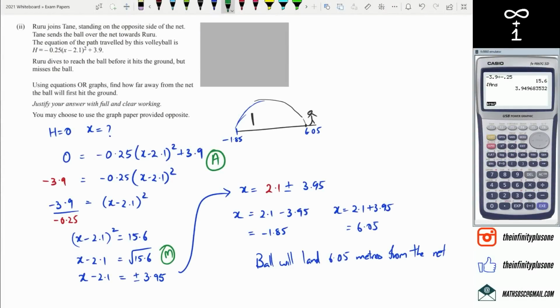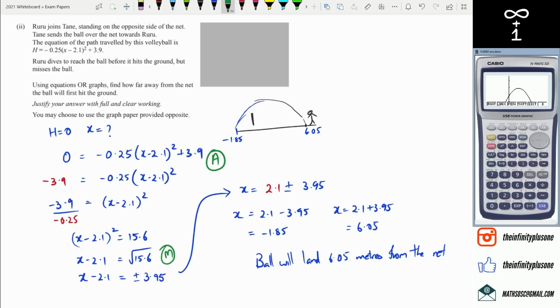Okay, so let's have a look at this, and I'm going to show you guys how to do this on the graphics calculator. So what we can do is go into graph mode, and we're going to put this graph in here. So we're going to get negative 0.25 bracket x minus 2.1 squared plus 3.9. So this is my graph right now, and I'm going to draw it, and I'm going to click on Gsolve, and I'm looking for